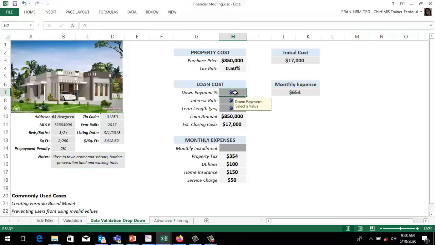When we click on this cell, it shows a message. We can set this type of message by using data validation.